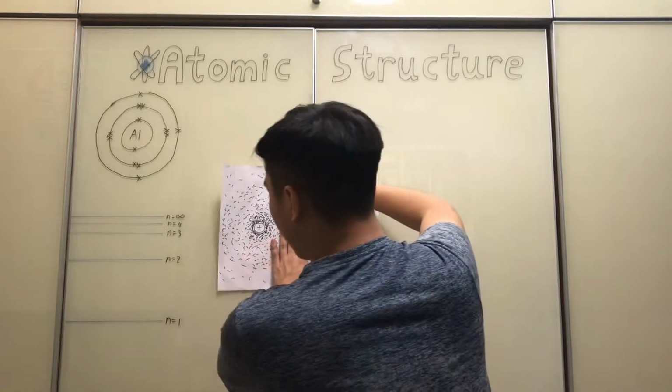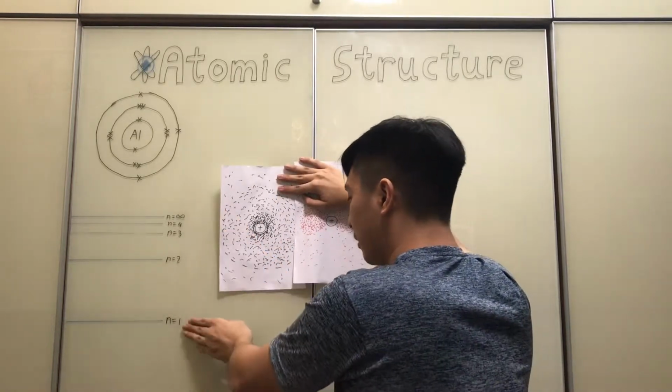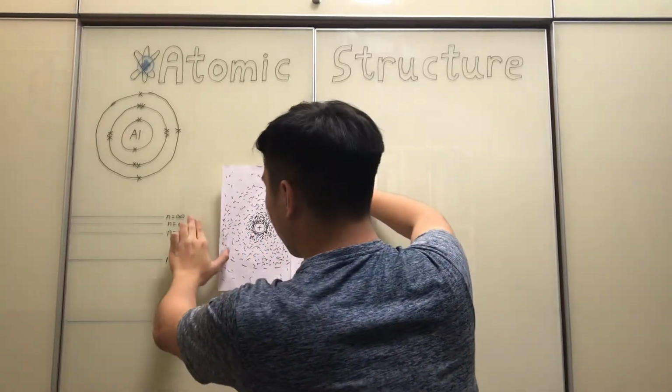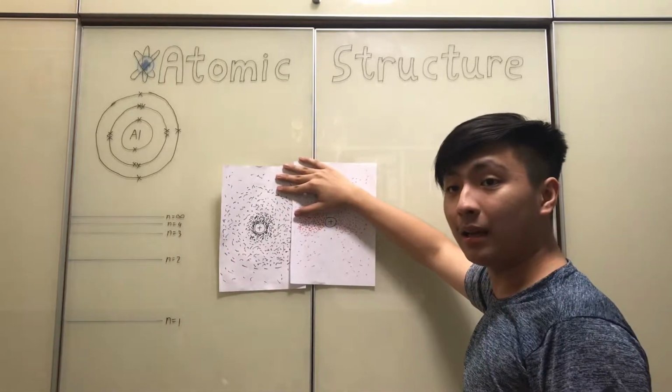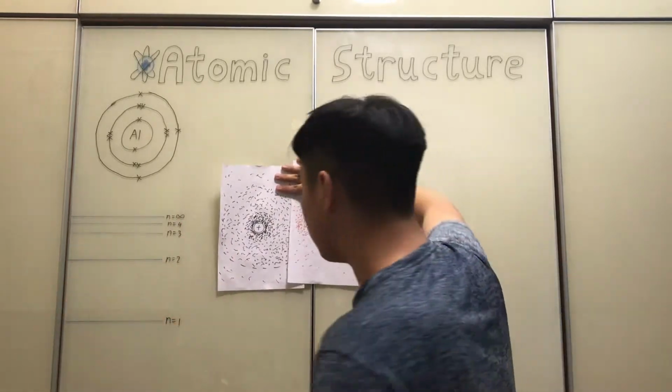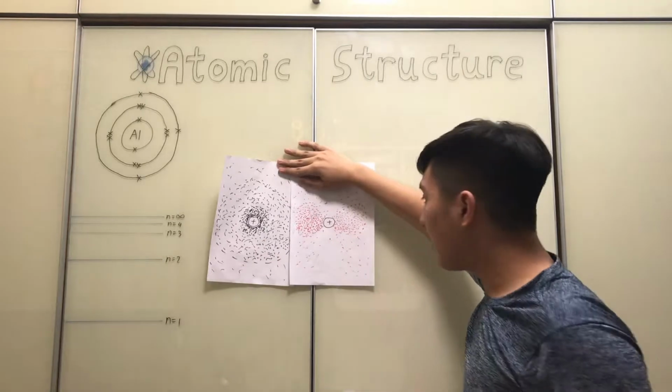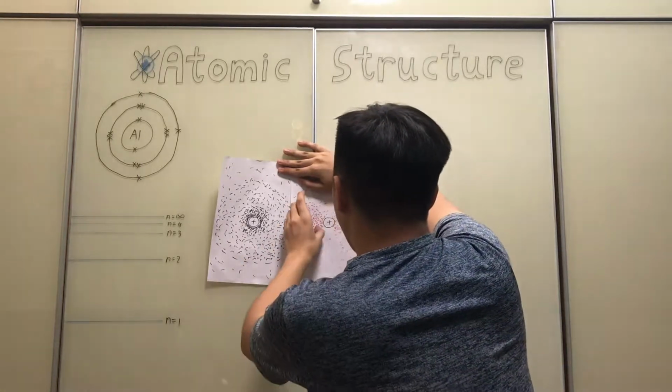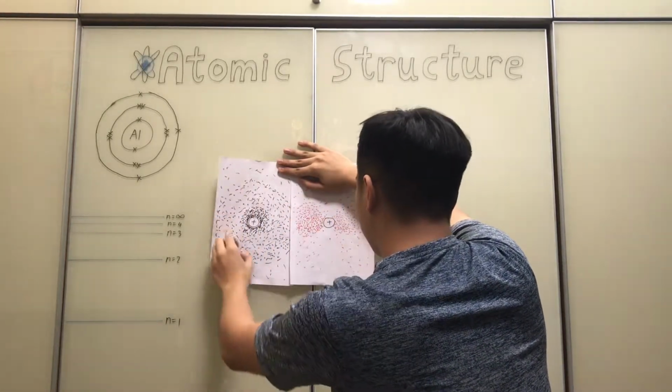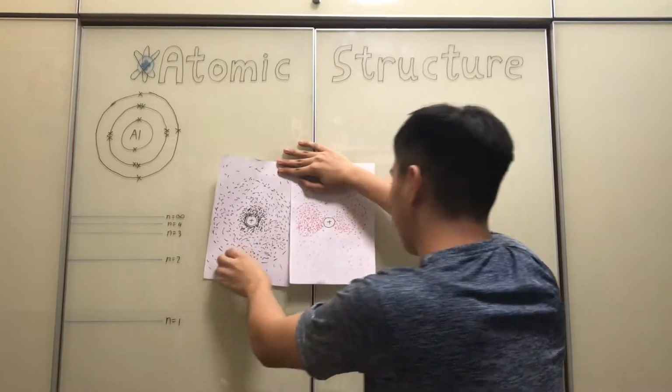As you can see, I've drawn a series of energy levels up here. So it's n equals 1, 2, 3, 4, and then all the way to infinity. At infinity, the electron basically leaves the atom. So that's one way you can put it. Anyway, as these electrons occupy the same energy level as some of the electrons on here,